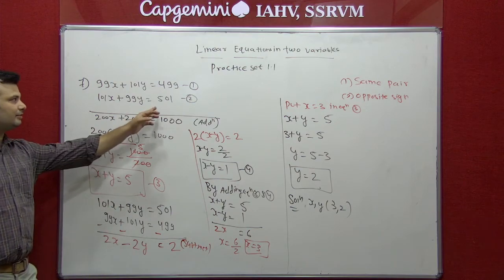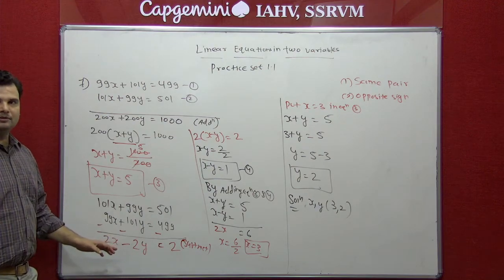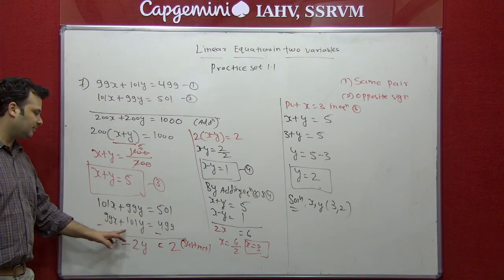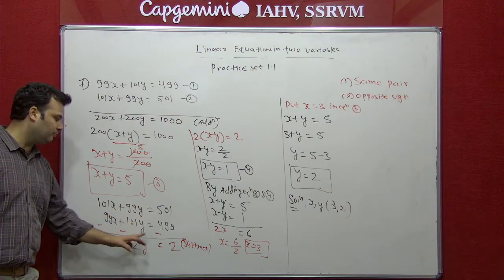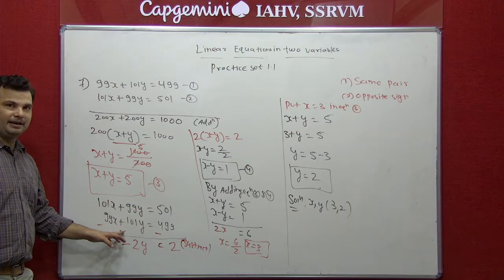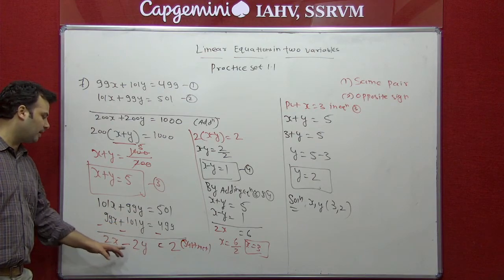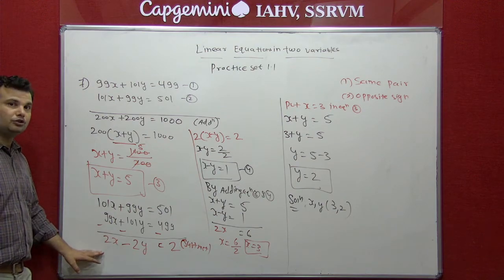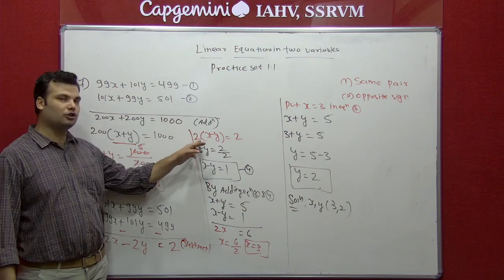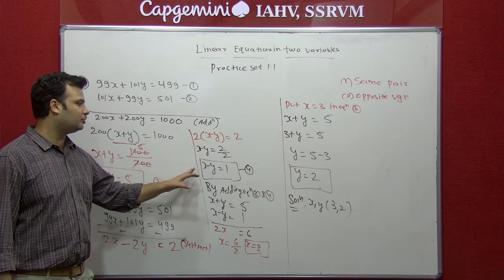So we can subtract equation number 2 minus equation 1. So we will get opposite sign. Always whenever we subtract, plus becomes minus. So 501 minus 499, answer is 2. Greater sign is minus. So 101y minus 99y, answer is minus 2y. 101x minus 99x, answer is 2x. So in this part also 2 is common. So we can take 2 common. This side multiply, opposite sign becomes divide. So x minus y equal to 1.